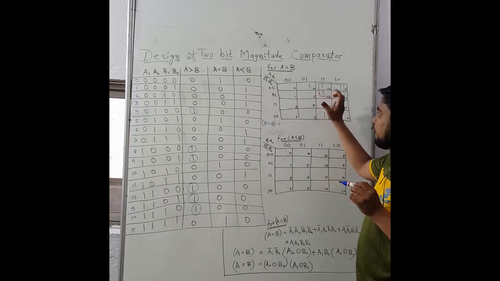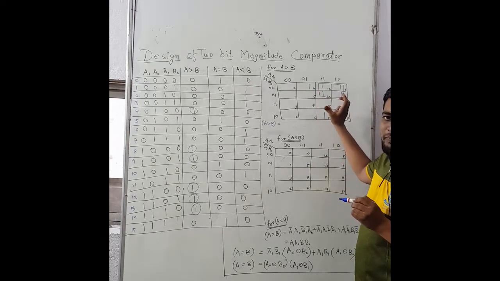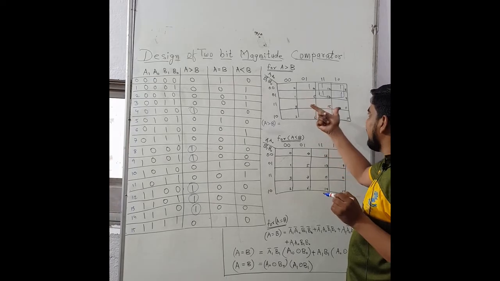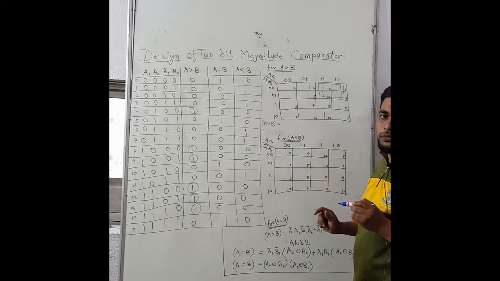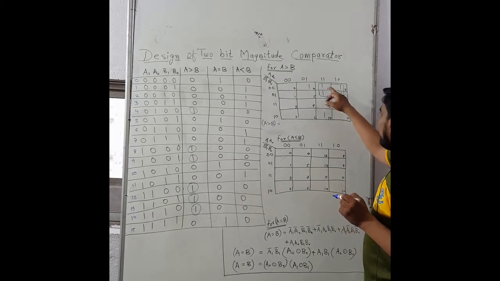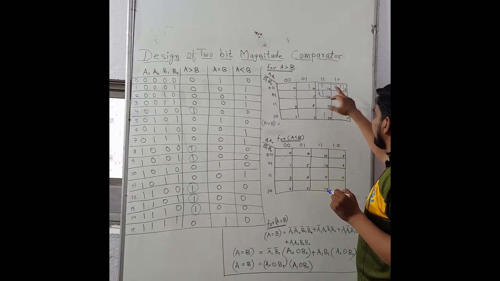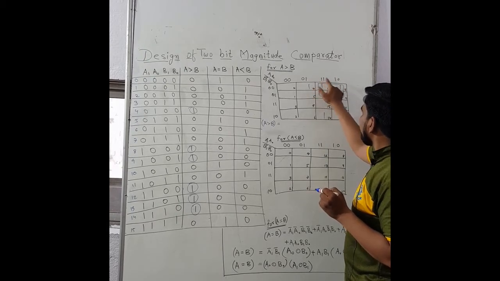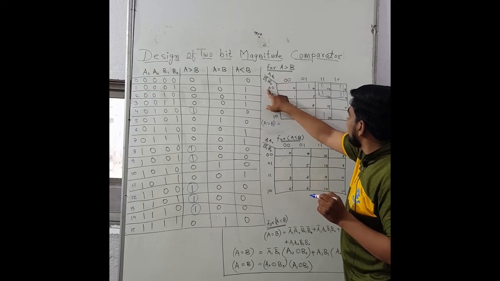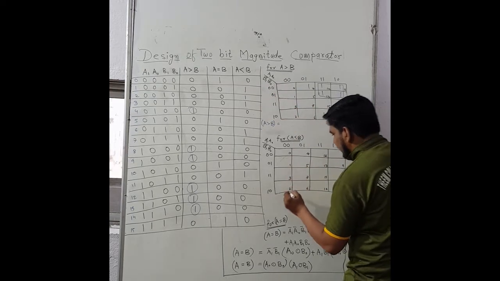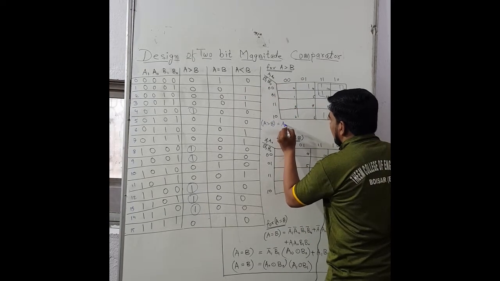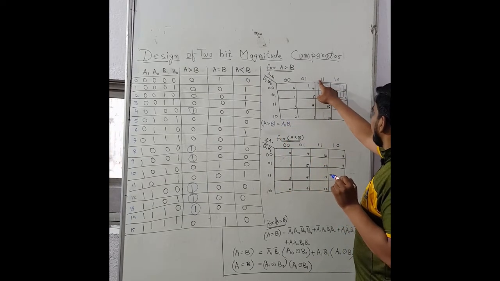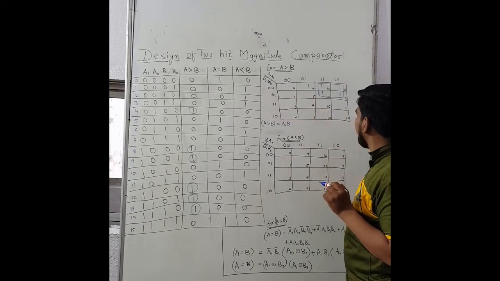If you don't have the clear concept of Karnaugh map, then I have prepared one video for Karnaugh map techniques, so you can see that video, and it will be more clear to you how to solve the Karnaugh map technique. So for these 4 cells, what will be the output? See, on the upper side it is A1, from this side it is B1 bar. So A1 from the upper side, B1 bar from this side.